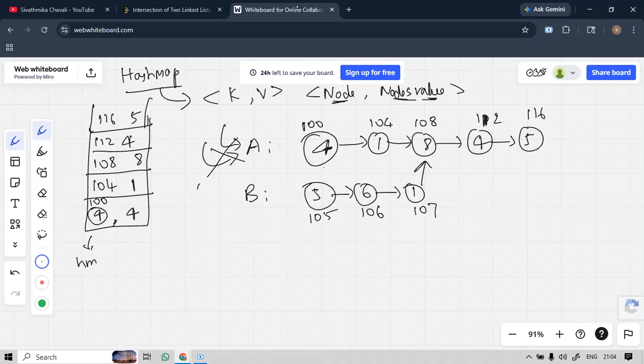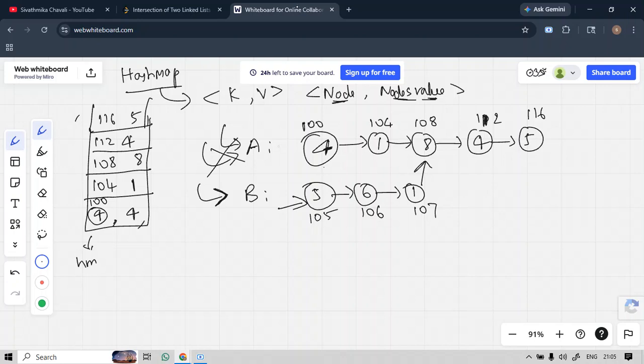Now while traversing this B linked list, we have to check whether this node address is already present in our hash map or not. If it is already present in our hash map, that is our intersection node. I hope you are all getting it. Now I can check the keys themselves, because keys are the unique ones.